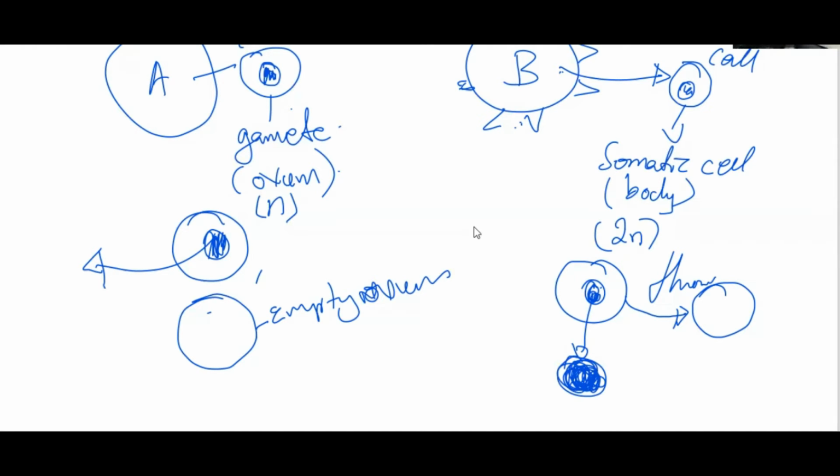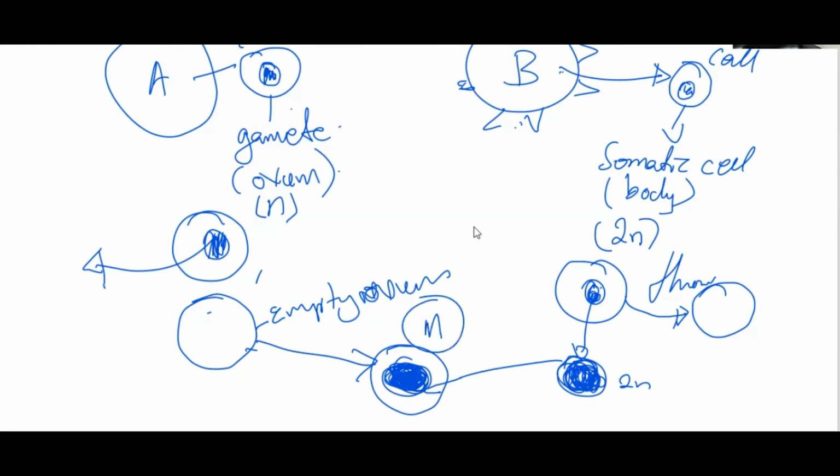So what happens is, this is an ovum casing, or empty ovum, and this is the nucleus. Don't forget that this is 2N. So these two must combine. Meaning that I'll bring this empty ovum and I'll bring this nucleus. Then I'll put it here using a mild electric shock. I can ask you which method this is: it's called a mild electric shock. So now what happens is,